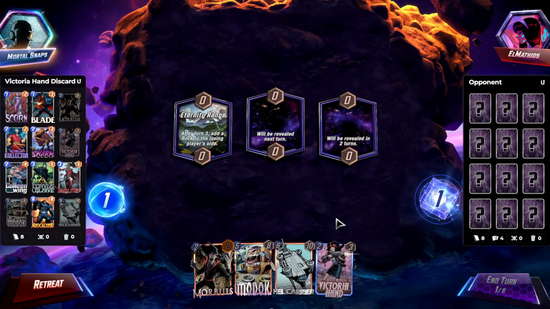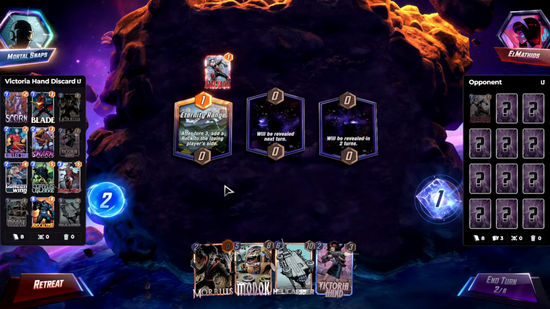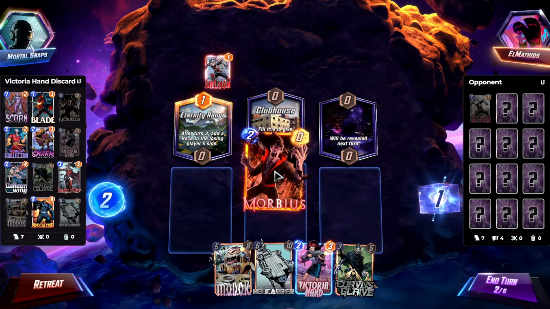Alright, so let's see what we've got turn 1 here. That is Ant-Man on the left. So let's see what this is. This is Clubhouse. Alright, yeah, I think...